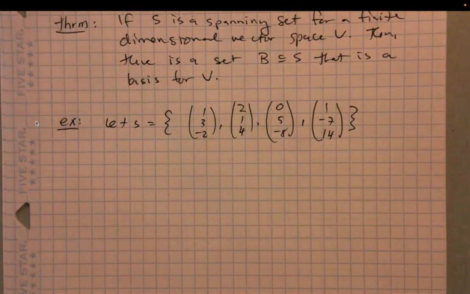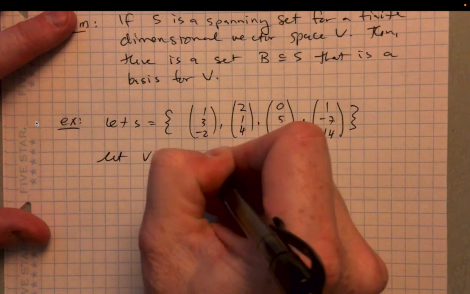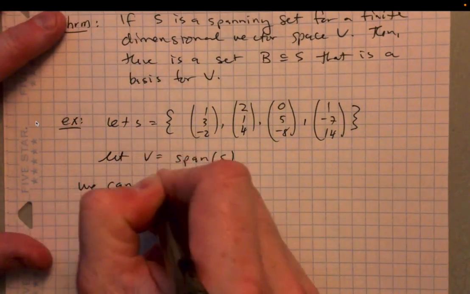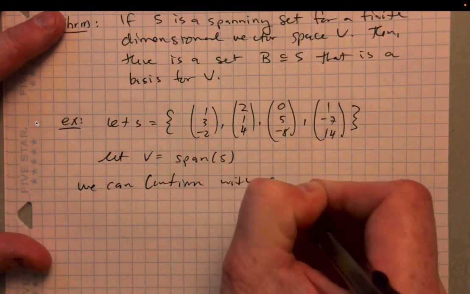Okay, and let's let V equal the span of S. So the vector space of interest is the span of S. Well, some small amount of work may be required. You may have to look at these vectors for a minute, but it is possible to confirm that 2 of these are linear combinations of the other 2. So we can confirm with some work